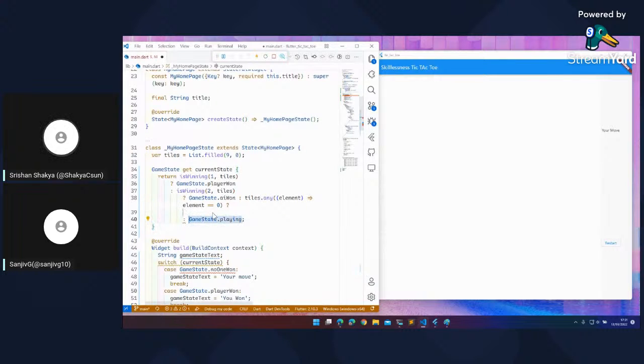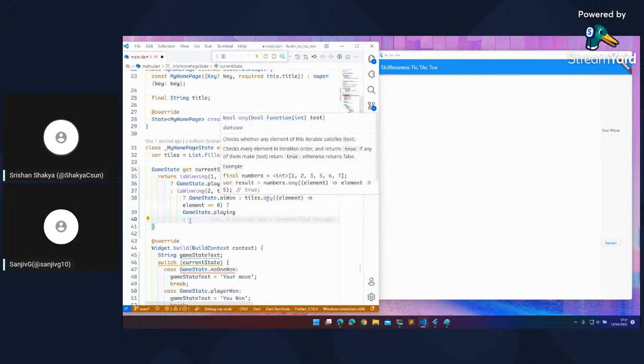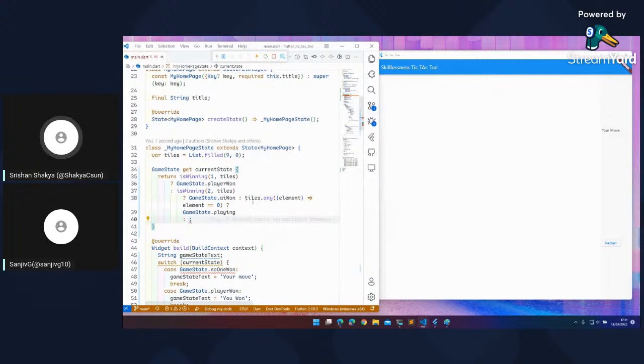If there are tiles left, if any of the tiles is still zero, then we can still play the game. So it is playing, and this any returns a boolean. So if none of the tiles are zero, then the game is already finished.